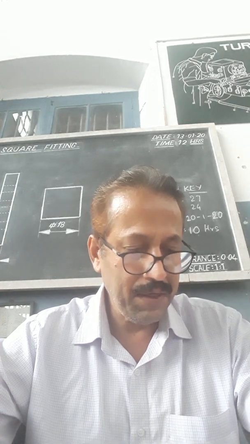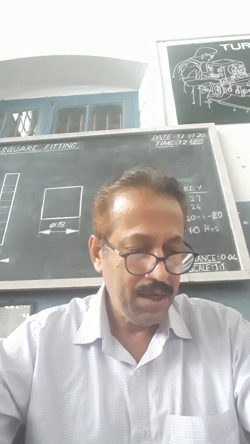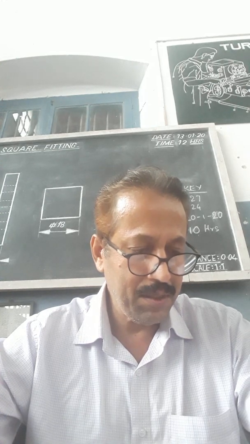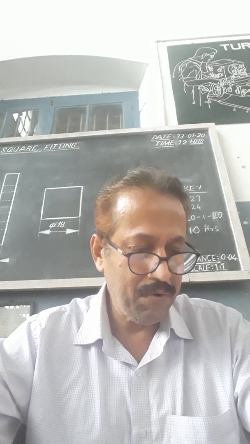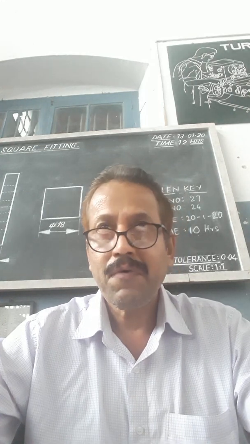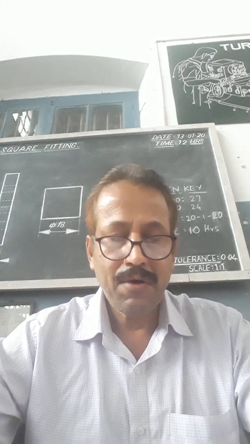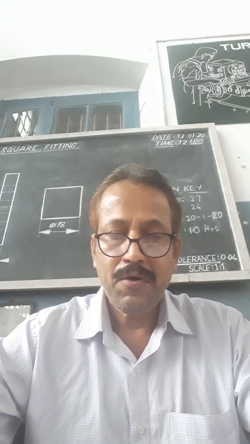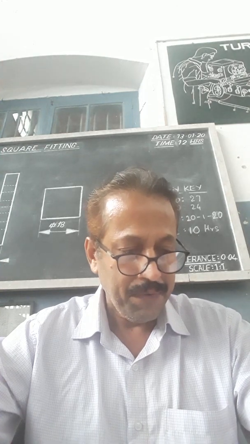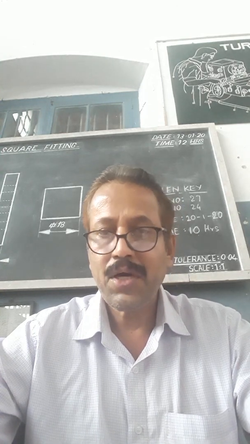Rotary files. These files are available with a round shank. They are driven by a special machine with a portable motor and flexible shaft. These are used in die sinking and mold making work. So rotary files are circular in shape. These are used in a portable motor, flexible shaft machine.